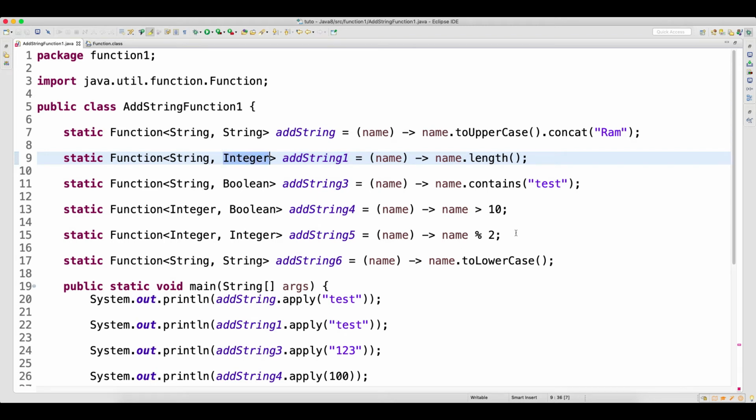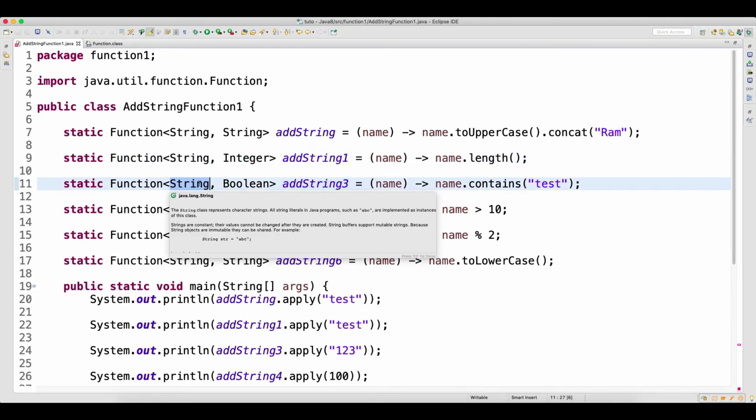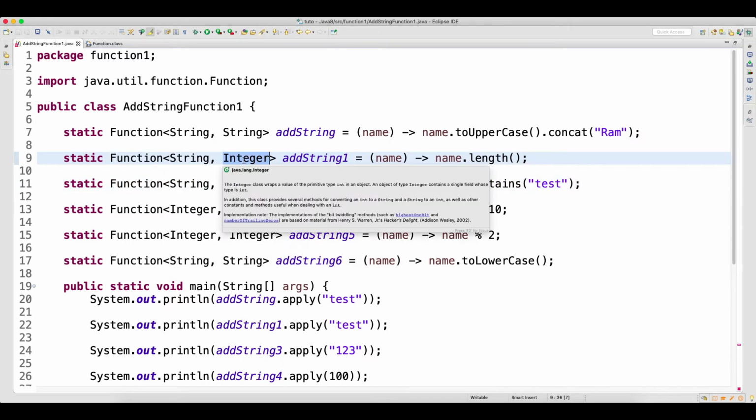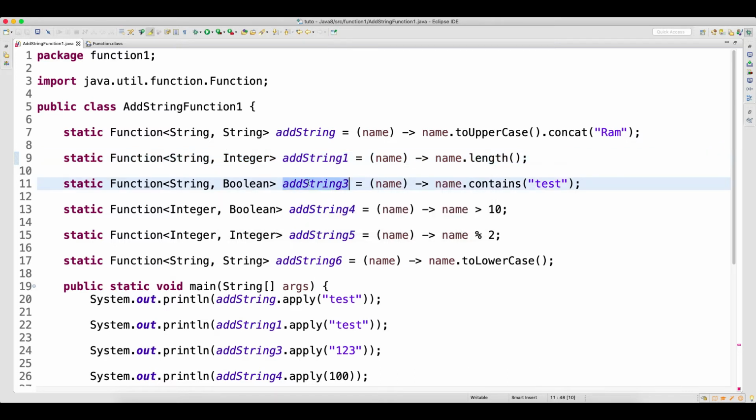Now when you call this add string, though here the input is an integer, will this work? It will not work, because this function is producing output as an integer, and when I am calling this third function, it expects input as a string. So you will get a compile time error.